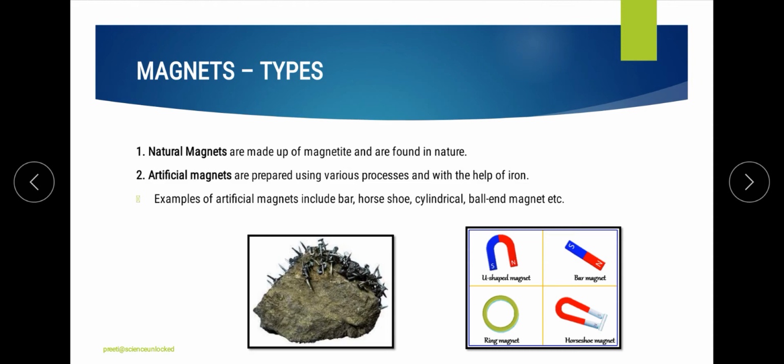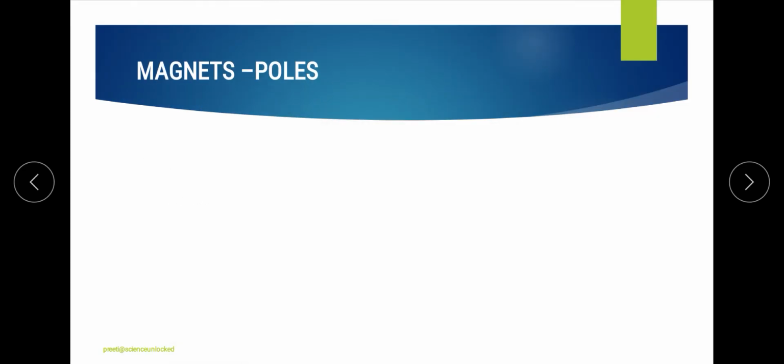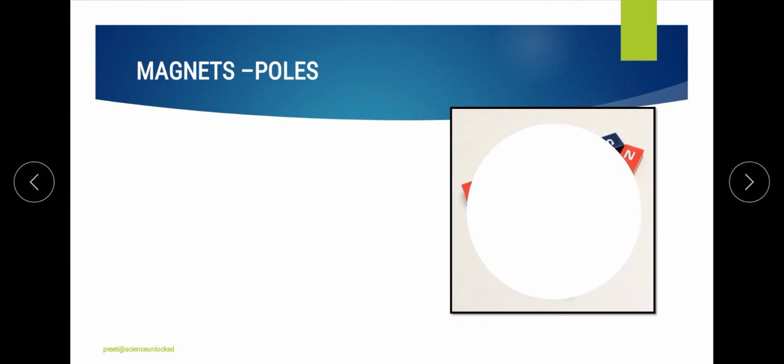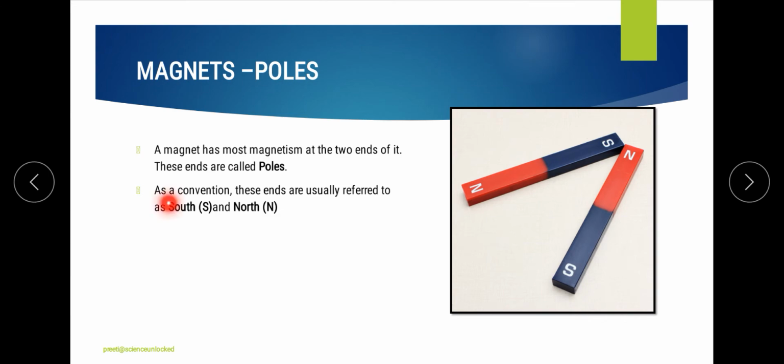Now when we are talking about the overall formation of magnets, we find that we have one specific aspect related with all kinds of magnets, that is polarity. Whenever we observe a magnet, it can be of any shape, but it will have two ends, two extreme ends, which are considered as poles, where one pole is south and the other one is north.